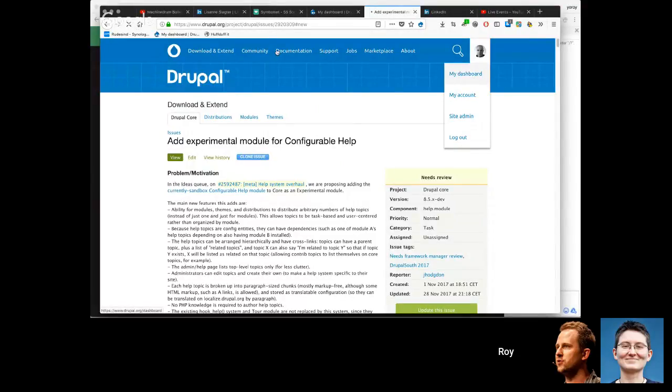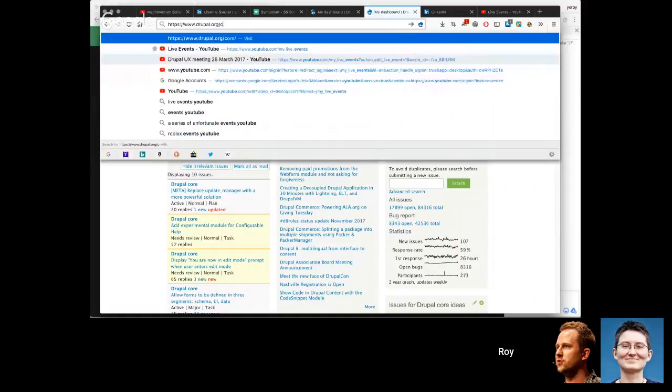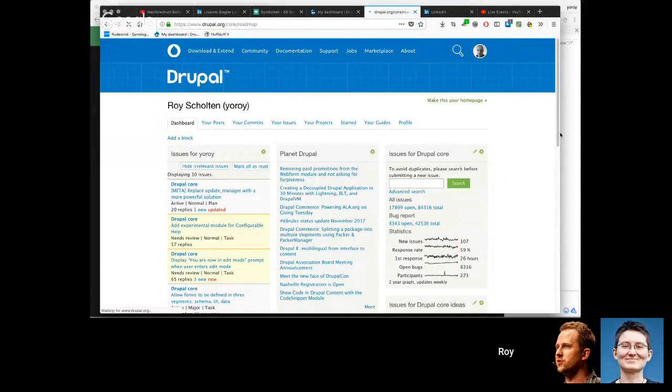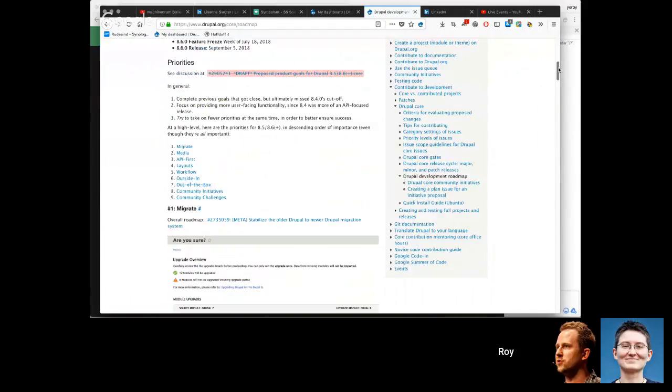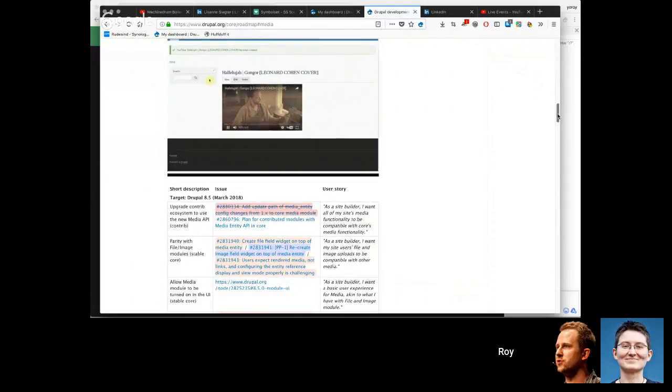So what we have is /core/roadmap. Just to show what we have now, we have a roadmap page that outlines priorities for 8.5, the current development version, and then there's a list of initiatives, and let's say there's the media initiative, and right now we have in this overview,